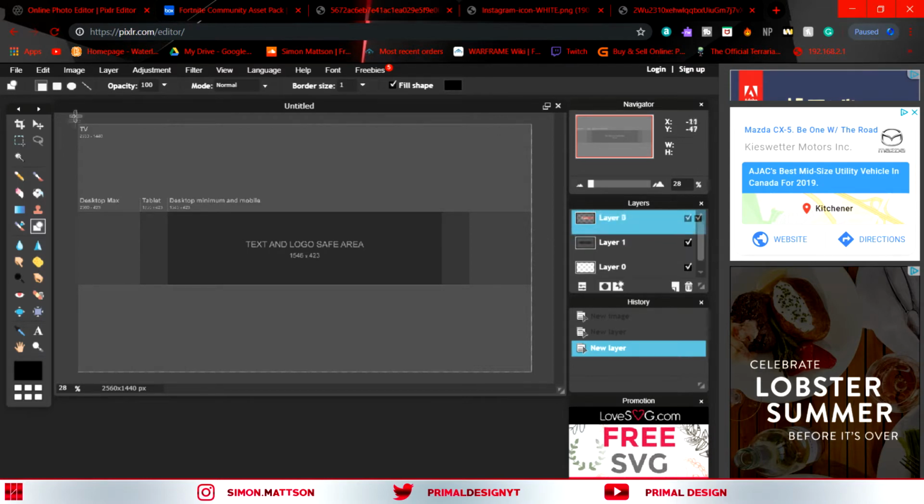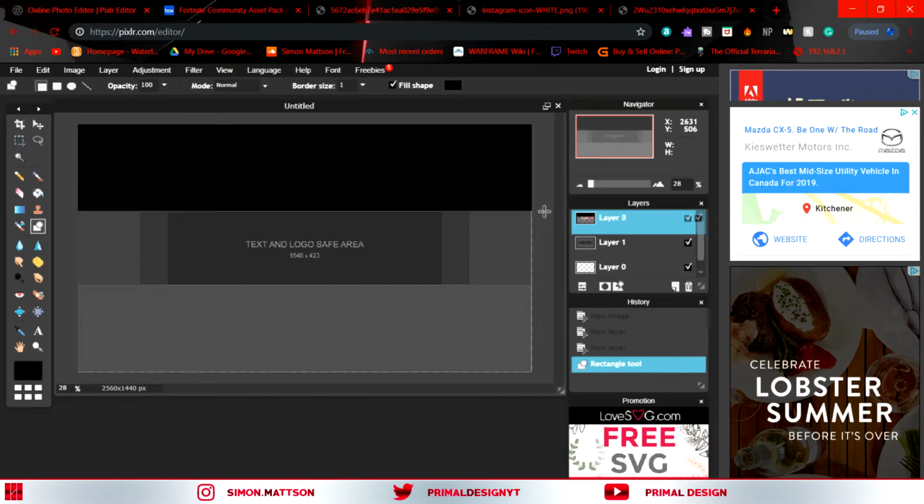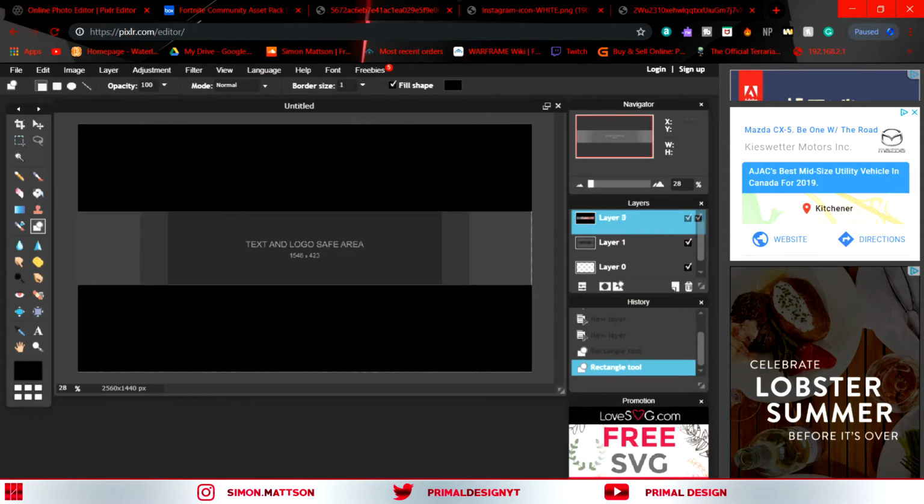It's fine, don't worry. So now what we're going to do is we're going to grab our drawing tool here. I'm going to go in the top right corner. We're going to drag it over, but we're not going to pass this dark box here. We're just going to go right up against it. Same with the bottom. Now that we've done that, we're going to create a new layer, but underneath our black bars here, and we're going to do